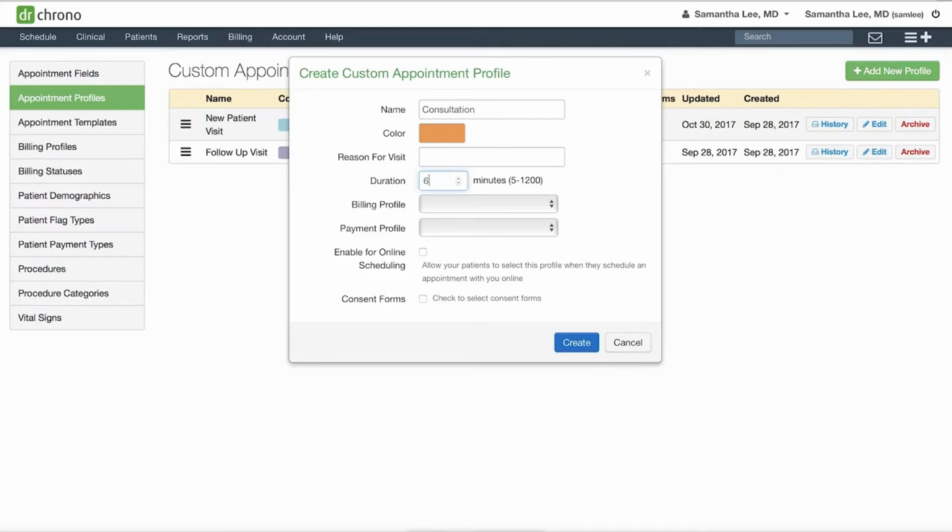Next, define the standard length of the visit by setting the default duration. If this appointment type is typically associated with specific billing codes, you can link a billing profile using the drop-down menu provided. For practices offering online booking, enable the option that allows patients to select this visit type through the